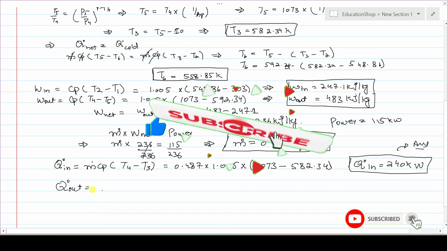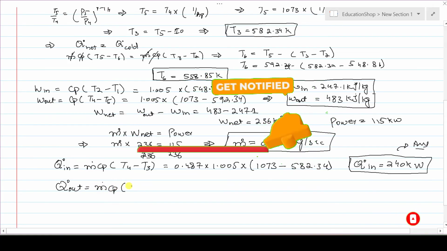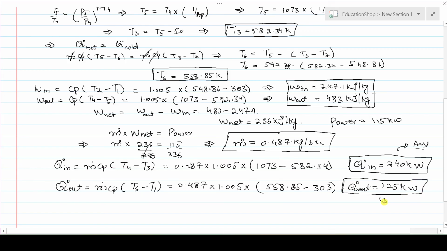Q dot out, that is m dot Cp, change in temperatures, that is T6 minus T1. When you solve this on calculator, you will get the heat rejections. So the heat rejection from this cycle is 125 kilowatt. This is the third requirement that has been asked in the statement. This is, let's say, answer